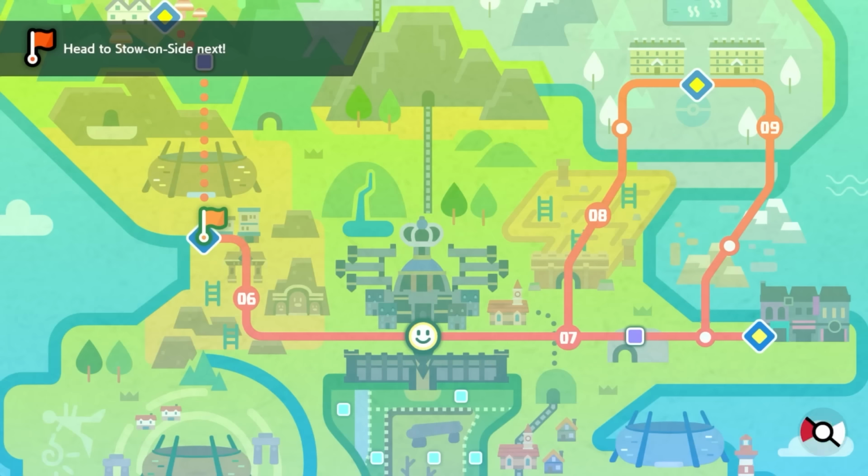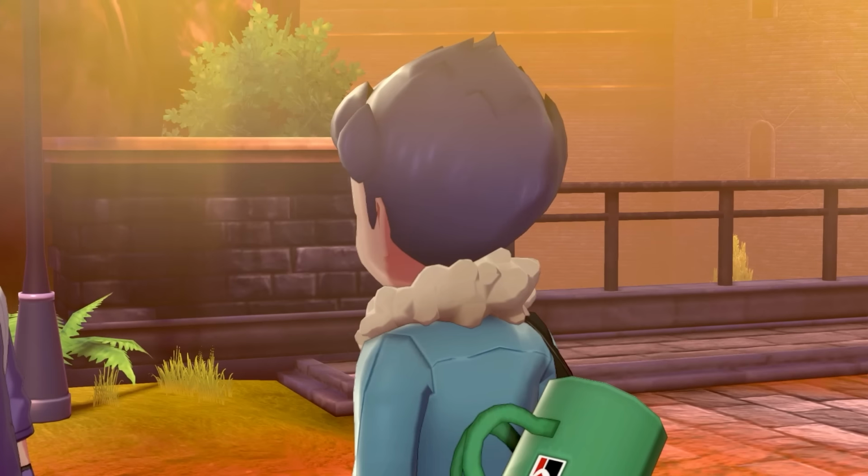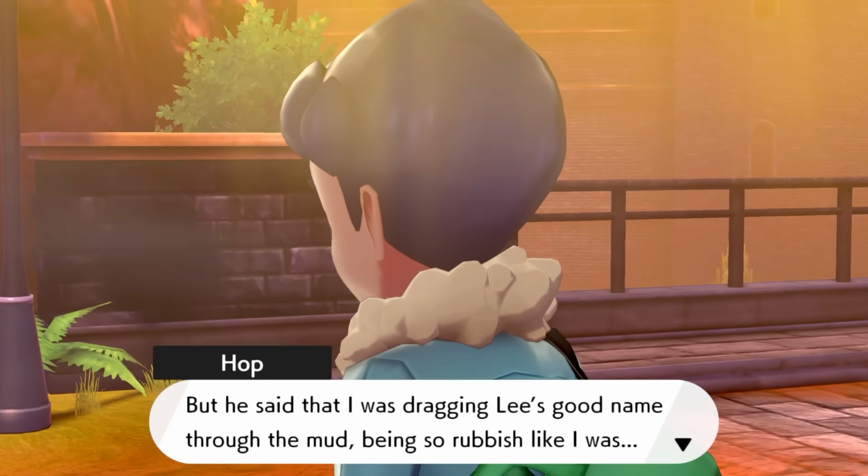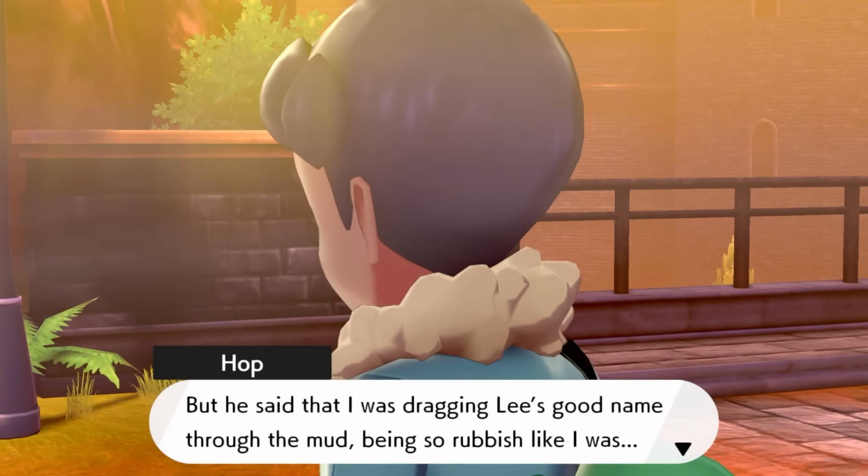Getting out of there as soon as possible, I find myself on Route 6 battling against Team Yell. Hop is there, and he said Bede told him that he was dragging Leon's good name through the mud being so rubbish, and low-key...